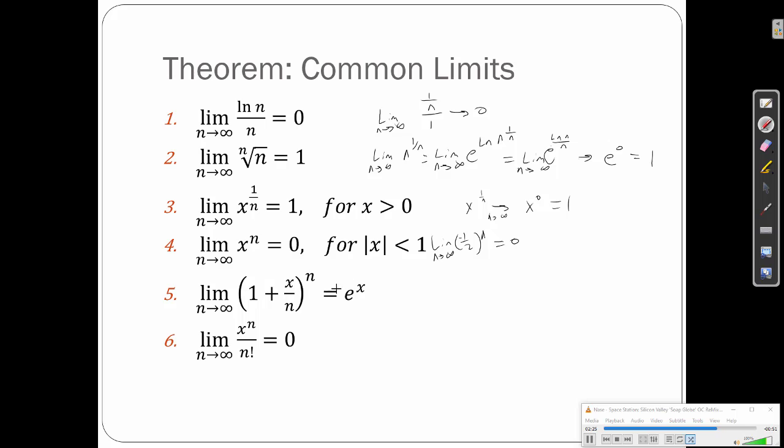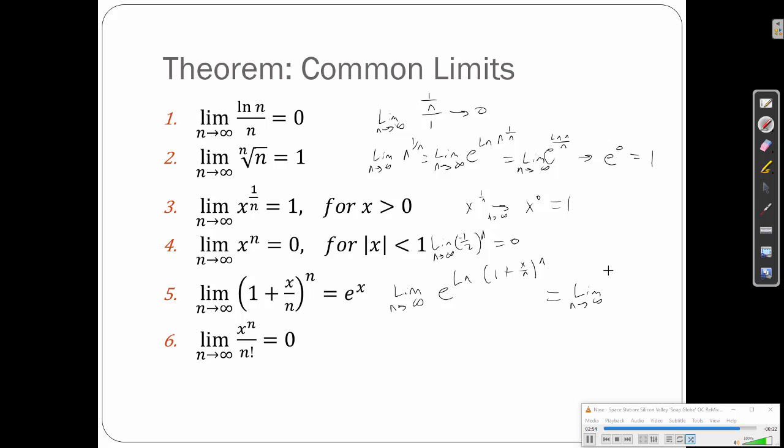This one you can use logarithms as well. This is kind of a neat one, by the way. You wouldn't necessarily think this would be true. e to the x is equal to an infinite limit. But you can use our logarithm trick again. This is limit as n goes to infinity of e to the ln of (1 plus x over n) to the n. So that's going to be limit as n goes to infinity